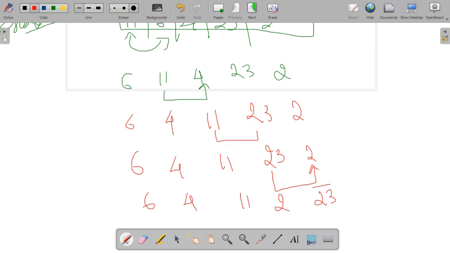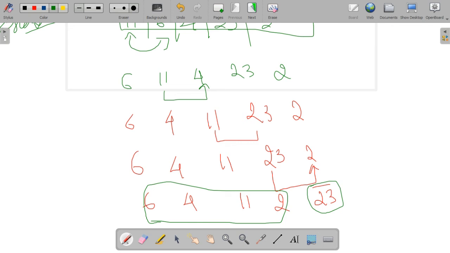Then what is the next index? That is 23 and 2. So 23 and 2 means 2 will be the smaller one. So we get 2 and 23 as the values. Okay. So at the last, 23 is greater than 2. So here the first pass gets over. Now start the same process as above except the last index. The first biggest value we got, that will be there. This first pass is over.